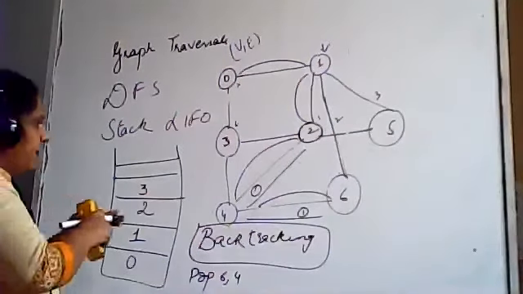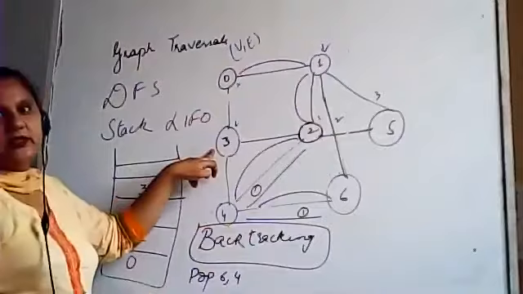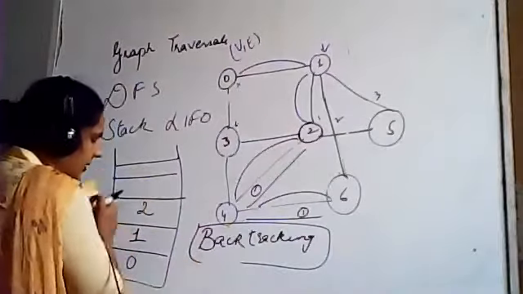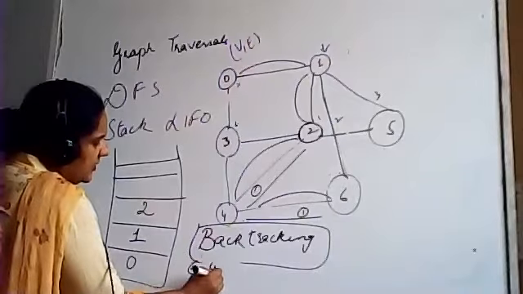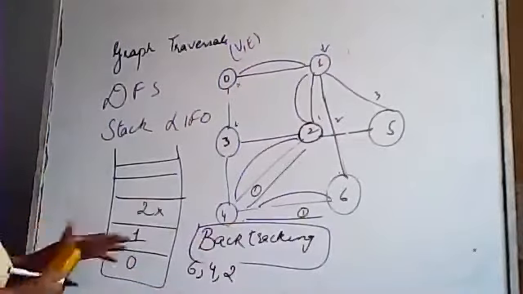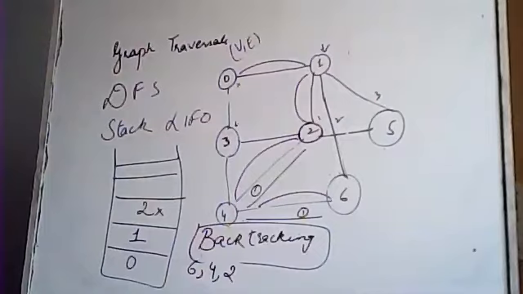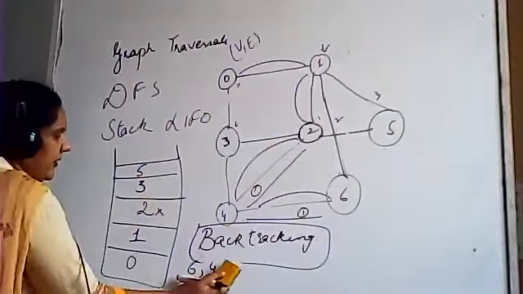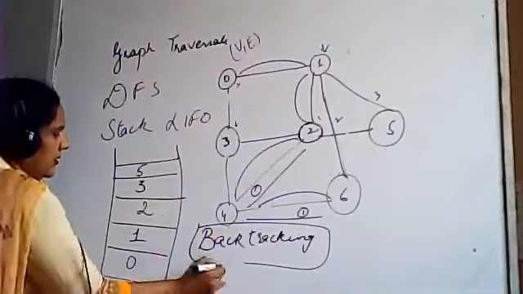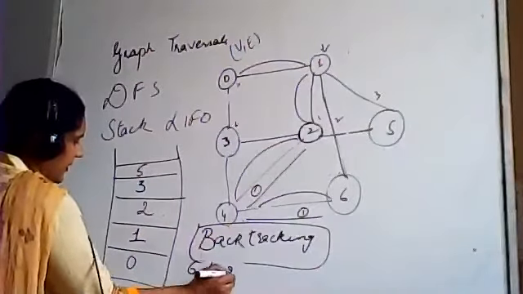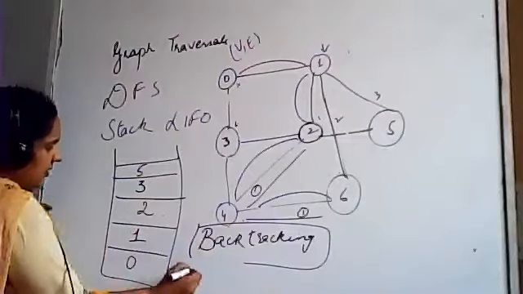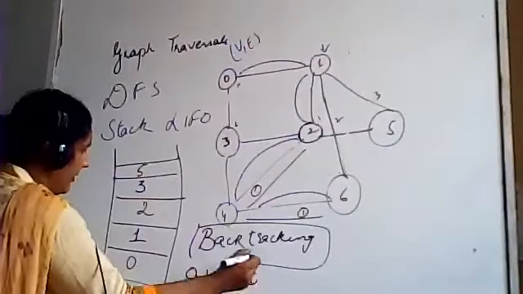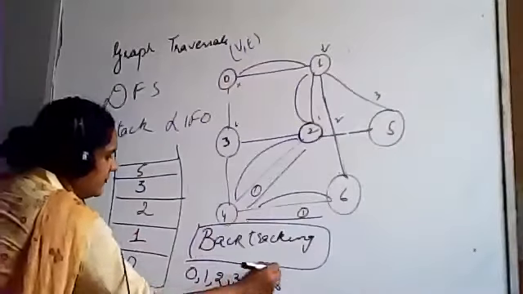Okay? Now, because 4's adjacent node is 3, and at 2 we are arriving now, right? Or you can also take this out. We can also do it this way: 6, 4, pop 2. Now see, which of 2's nodes are left? 3 and 5. So you may put 3, you may put 5. Right? So this way, 6, 4, 2. Yes, you may write 0, 1, 2, 3, 5, 4, and 6.